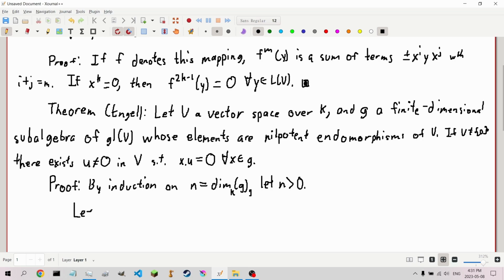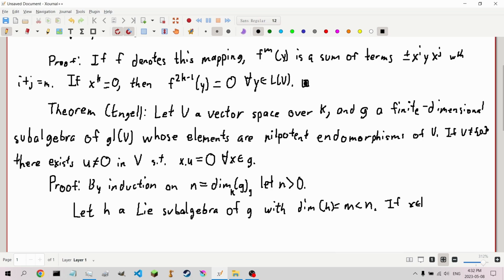So we're going to let H be a Lie subalgebra of G with the dimension of H being equal to some value m less than n. If X is in H, and the adjoint in G of X maps H onto itself and defines